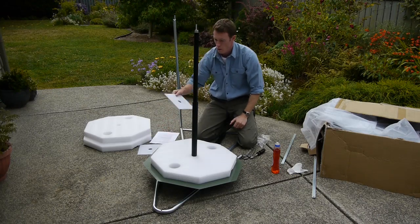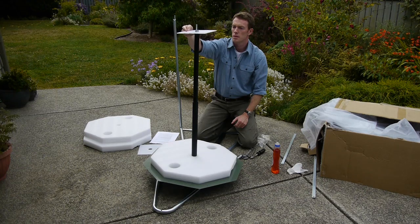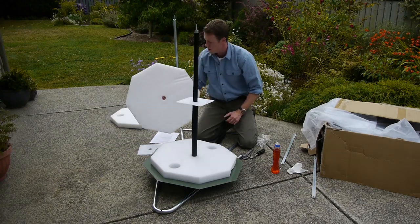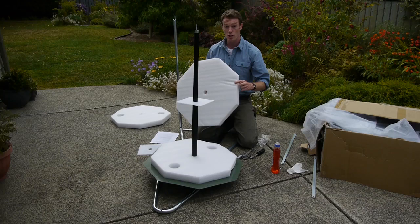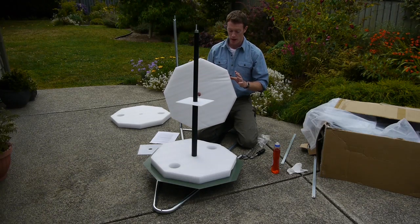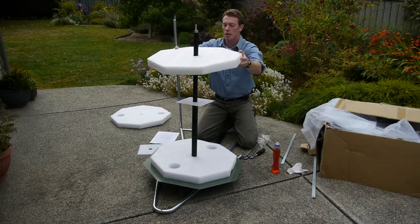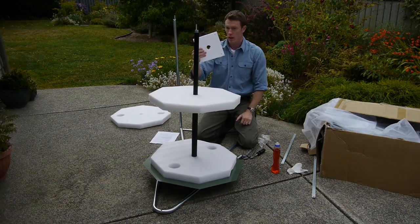Now take one of the short square pieces and the middle piece of insulation. You'll see some of the insulation has slight indentations from the packaging. That's fine. Over time that'll pop back out. It still does its job just fine. Now the next piece,